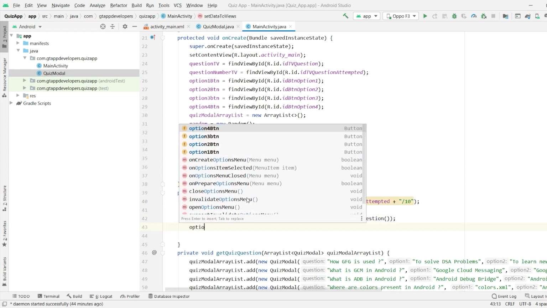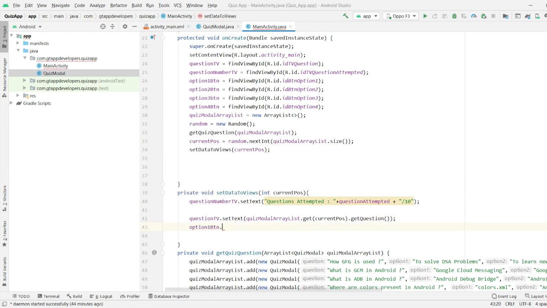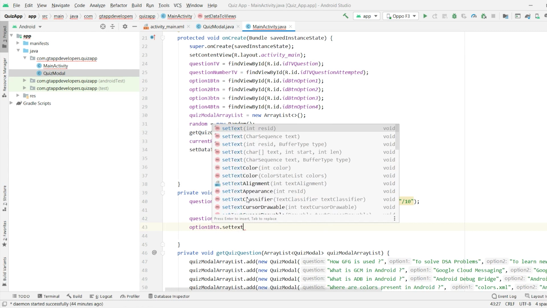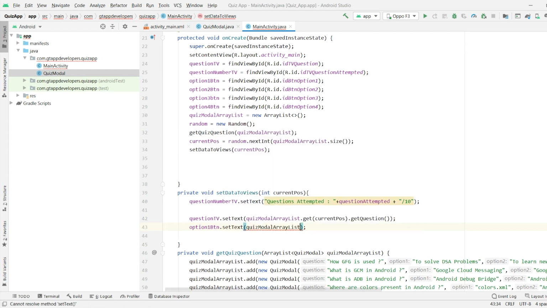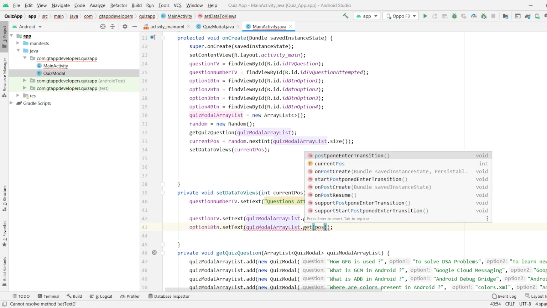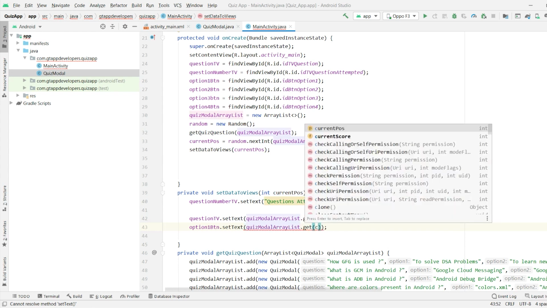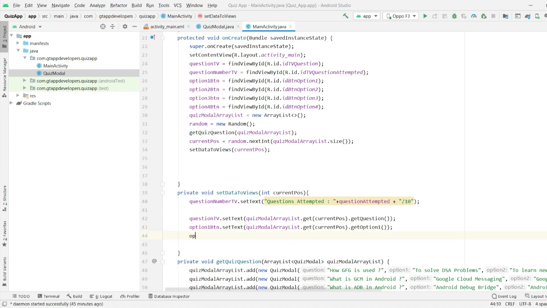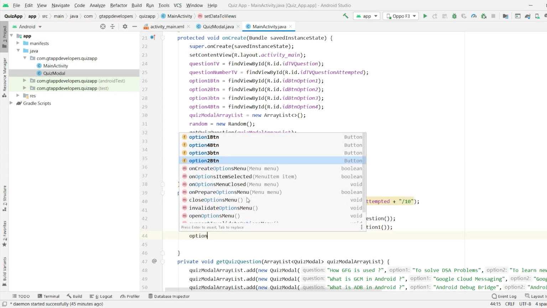Now for button option 1, button dot set text, quiz model array list dot get, our current position, option 1. Similarly for our option 2 and option 3.